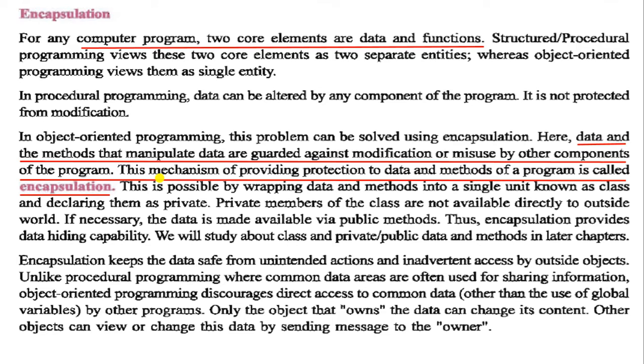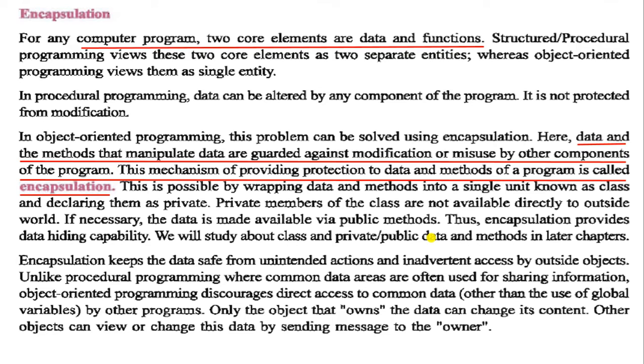Now we come to the third part, encapsulation. So what is encapsulation? In a computer program, two core elements, data and functions, or you can say data and the methods that manipulate that data, are guarded against modification or misuse by other components of the program.